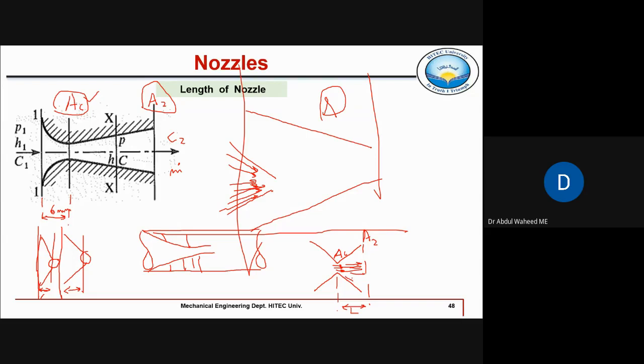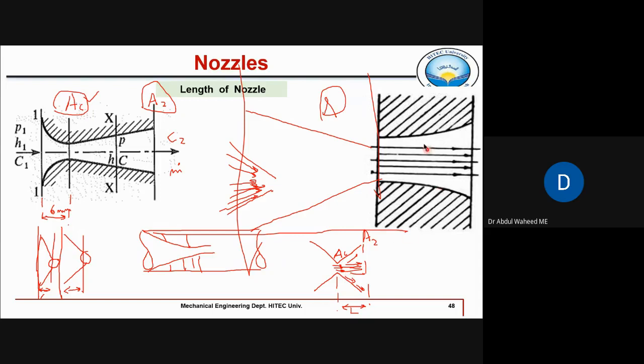It will not occupy the whole area of this divergence. Actually, it should occupy this whole area because area should increase to increase the velocity. Right? So that's why this flow in the divergent part will be in the form of a circular jet, like यहाँ पे show किया, in the form of circle, because this fluid is not occupying this whole area of this divergent part, because the divergence